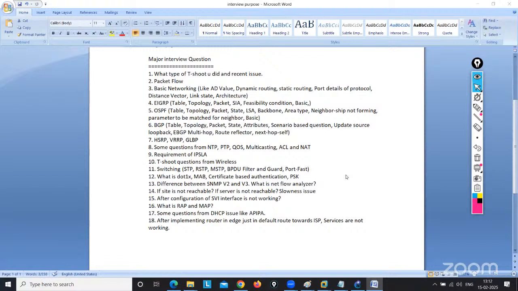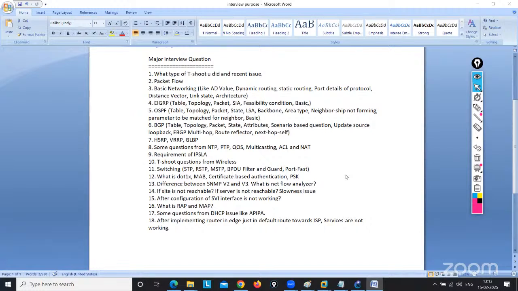No, sir, all clear. Just wanted to confirm that likewise you are talking about the SVI configuration. So SVI basically we are configuring on the layer 3 switches. Yes. So for that we have to configure all the commands that you are talking about. We have to configure all the interfaces and the VLANs. Yes. So if I'm not wrong.